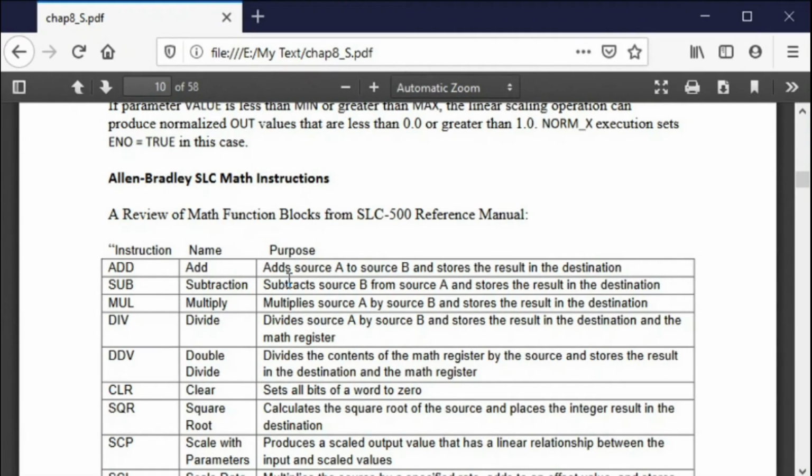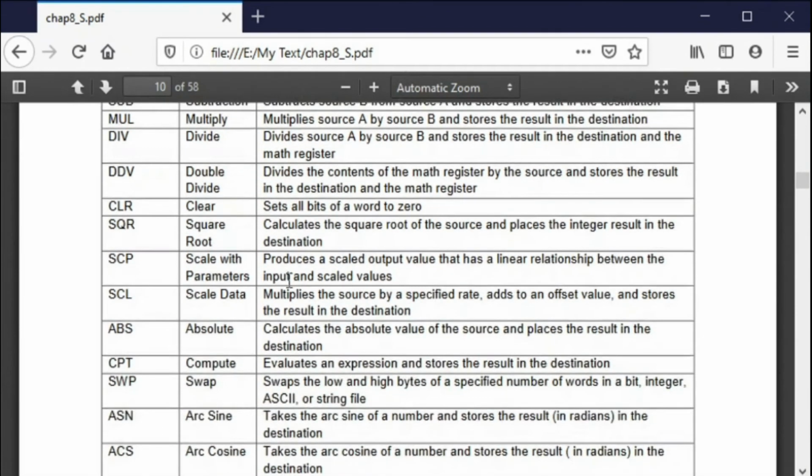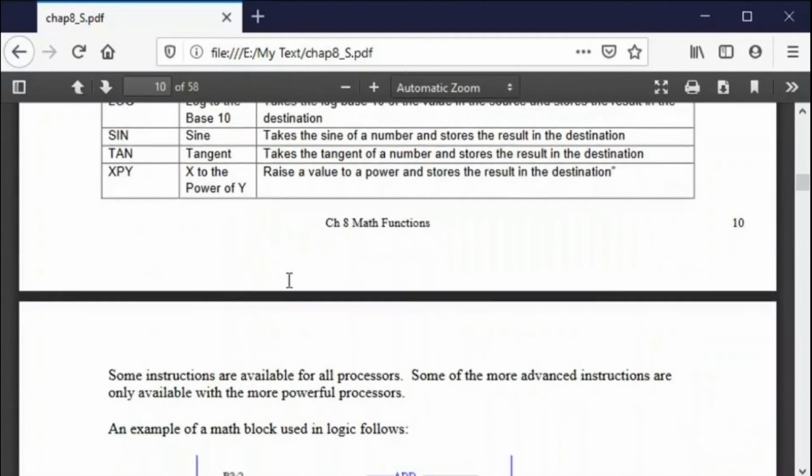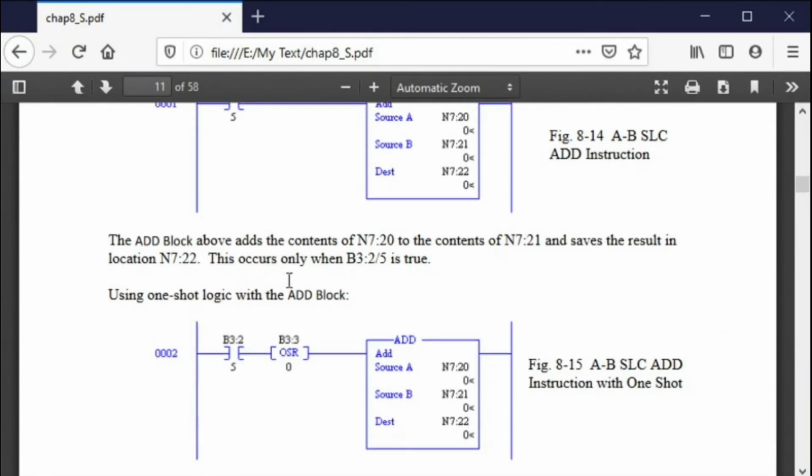Again, we review the old SLC instructions, and then we look at them